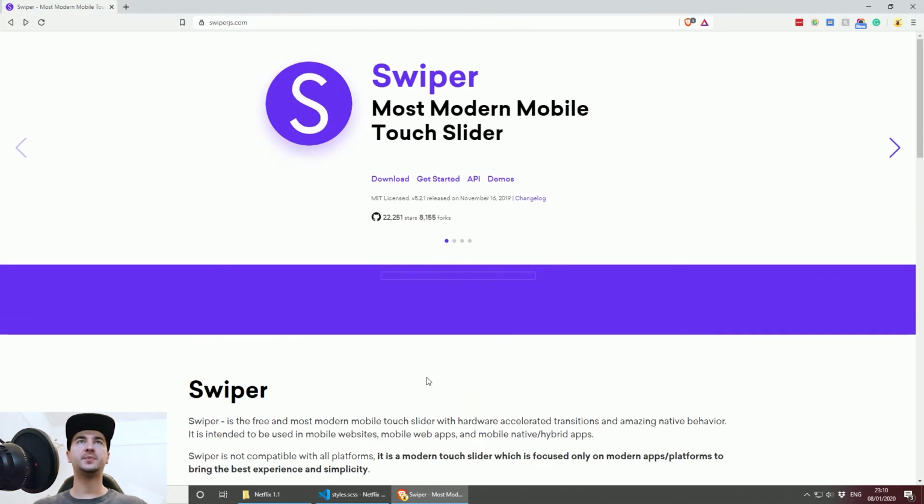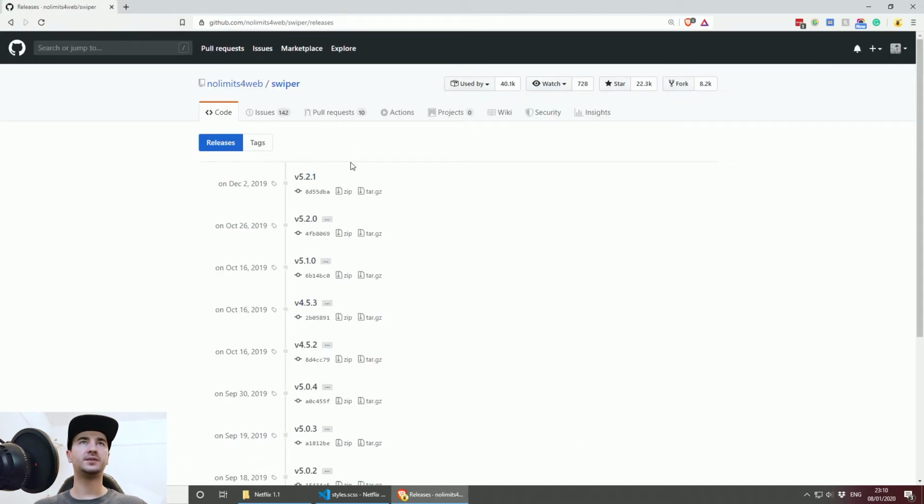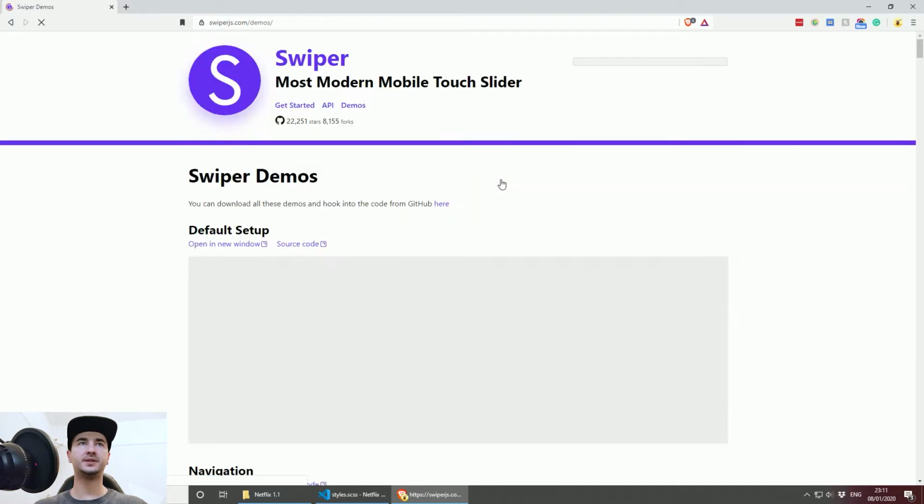But anyways, let's begin. The first thing we need to do here is go and download the latest version of the JavaScript, and for this one I will download the version 5.2.1. Just download the zip file. I've already done that, but basically just click on here, and let's go back now and look at the demos. If we scroll down,